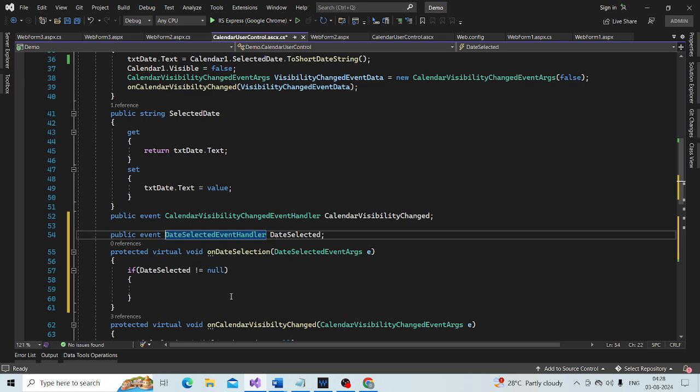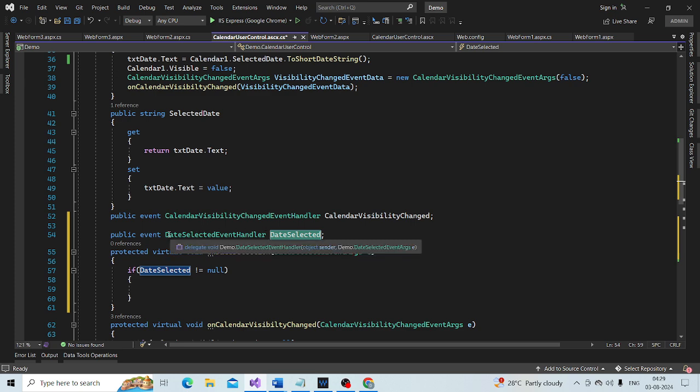This event is actually a variable of type this delegate, date selected event handler.